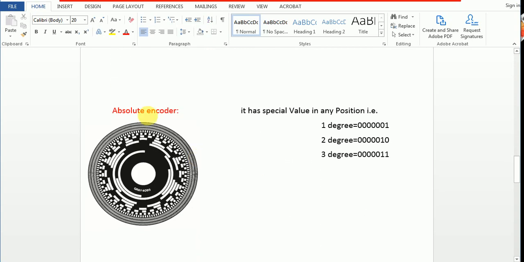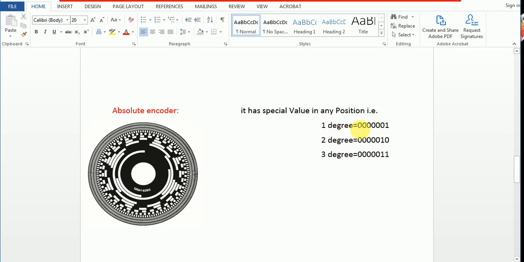And this is the absolute encoder, because every position has a specific pattern of slots. You can see here at this position there are a lot of slots, and every position has a specific pattern, because every slot circle has its own LED. There are, like, 5 slot circles, and there will be 5 LEDs here. Every LED will pass one light, and in this way every position will give a specific value.